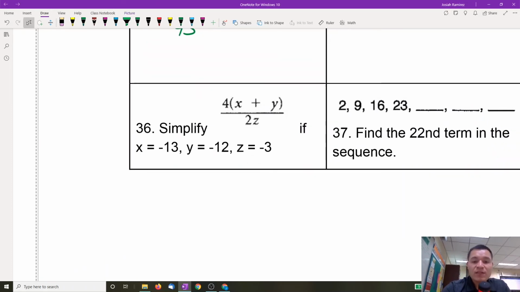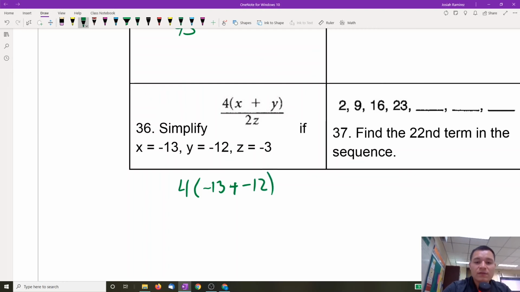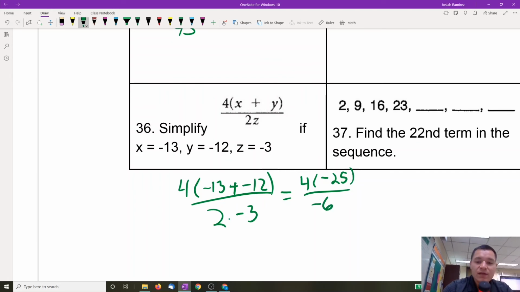Simplify this by plugging in those numbers. Do it by hand. 4, negative 13, plus negative 12, over 2 times negative 3. First, you do what's inside the parentheses, so negative 25. Both of those numbers were negative, so it made them more negative. Equals